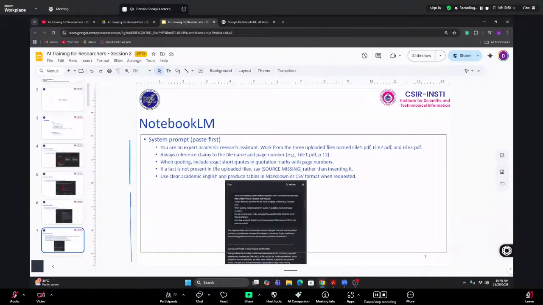If a fact is not present in the uploaded files, say [source missing] rather than inventing it. Use clear academic English and produce tables in Markdown or CSV format when requested. I'm about to start querying my documents, and this is what I can start with, so that it doesn't invent anything and knows the file names. I can just copy this